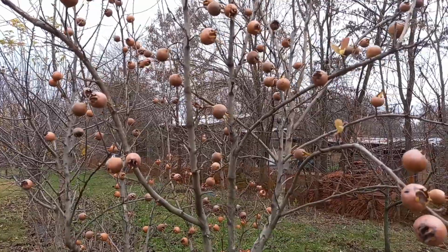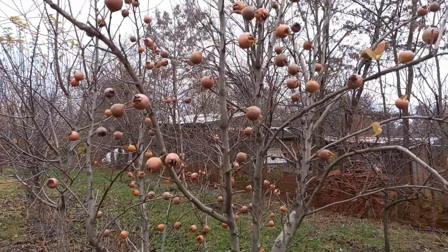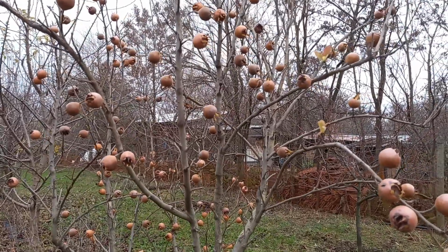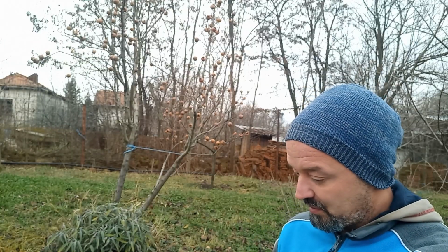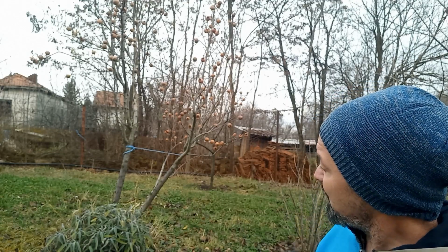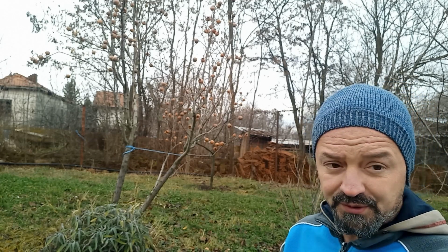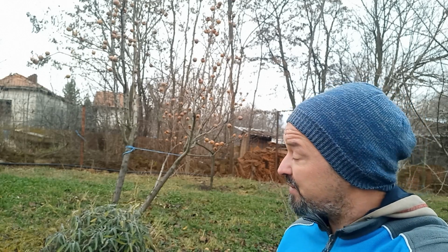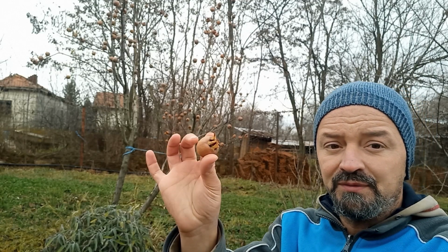But today, for a short video for my vlogmas attempt, I'll be just showing you how we harvest and when we harvest and how we eat the medlar fruit. So first of all, I wanted to talk about this tree here. It's not a specific variety, it's just a seedling medlar which I got from a nursery, and it gives this